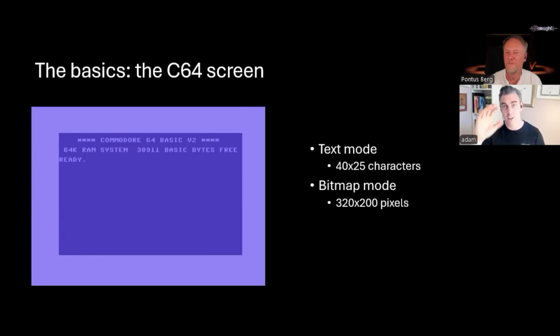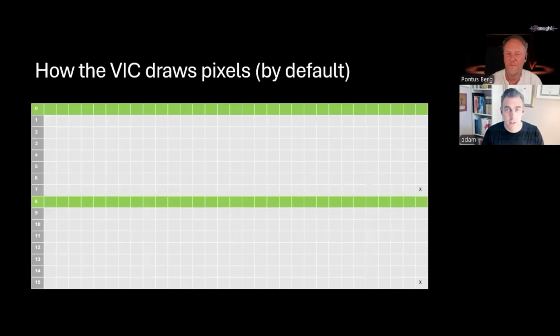So this is either text mode, 40 by 25 characters, or bitmap mode, 320 by 200 pixels. Really, it's pretty much the same thing. The main thing that differs is where the pixels are stored in memory, where VIC reads the pixels, and how the colors are combined. But it's pretty much the same number of pixels anyway. And let's just focus on the first 16 or so pixels right up here,